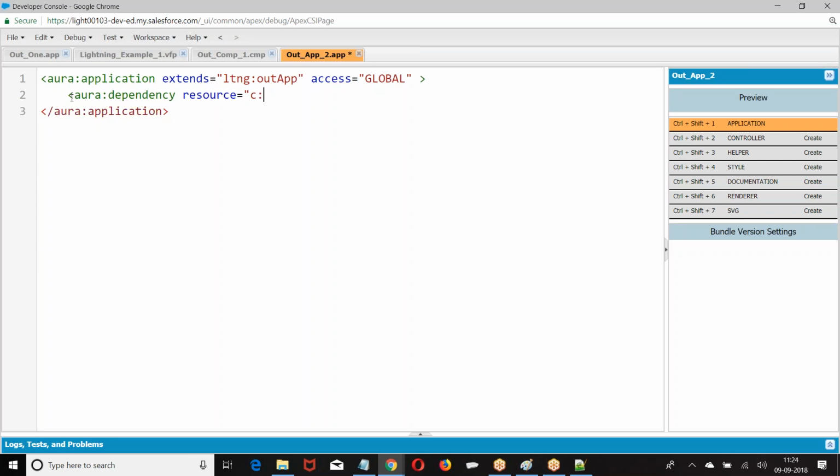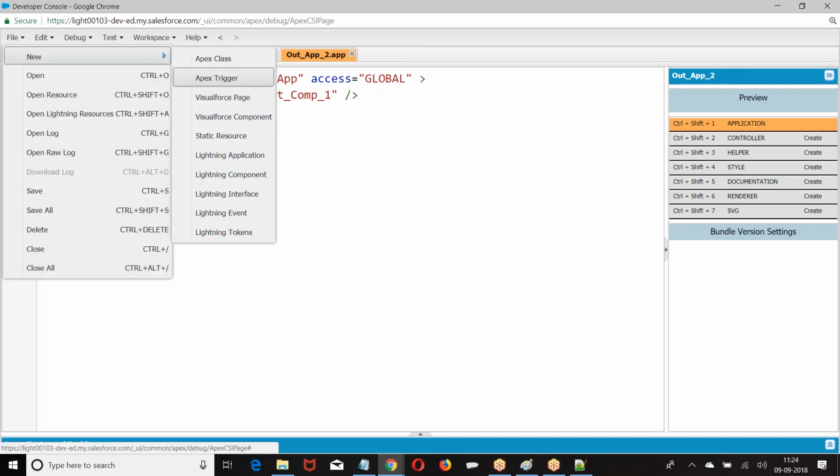C colon, C colon out component 1. Then go to the VF page.